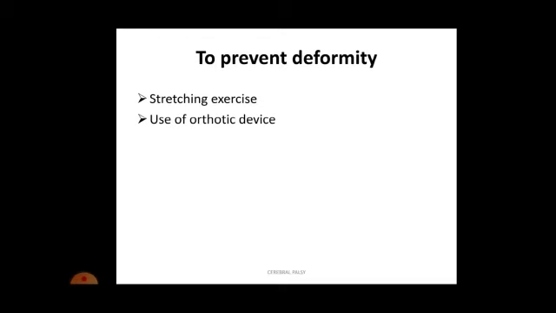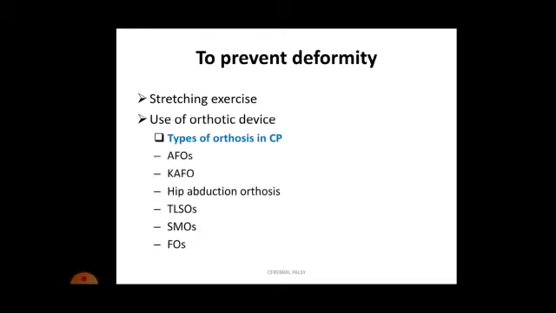Different types of orthotic devices we have to use in cerebral palsy patients. Most commonly we use AFO, that is ankle foot orthosis, okay? If the knee is weak, then we can think of KAFO, that is knee ankle foot orthosis. Then third is hip abduction orthosis, which is to maintain the hips in abduction, otherwise there are more chances to develop adductor tightness and adductor contracture, and if this adductor contracture is severe, it may lead to hip joint subluxation, clear? So anyhow we have to prevent this adductor contracture by giving hip abduction orthosis.